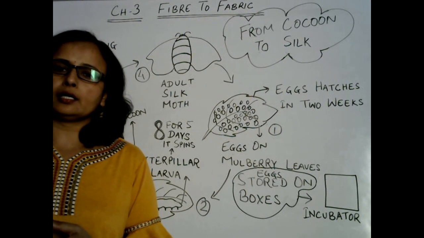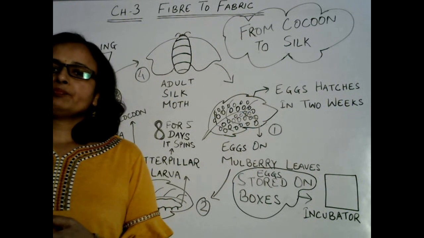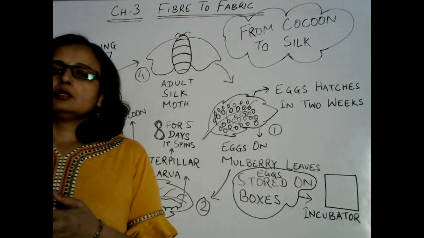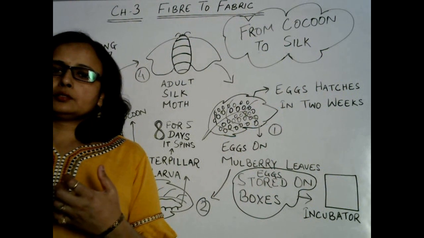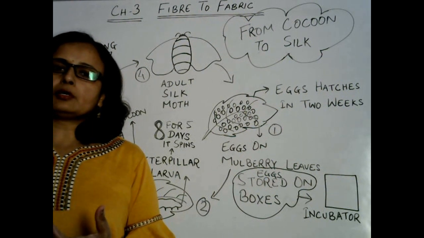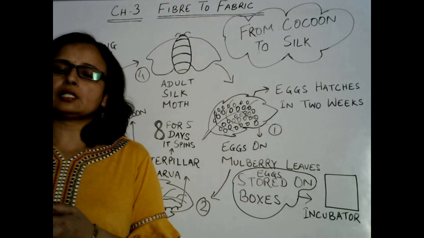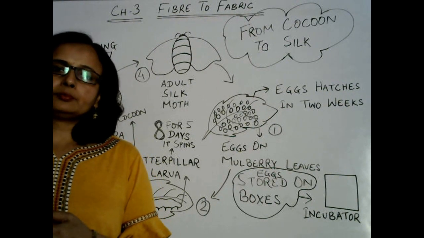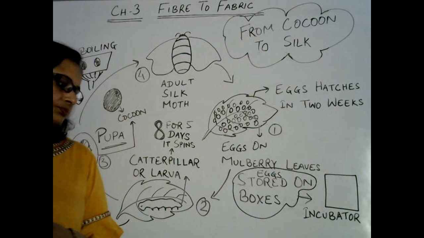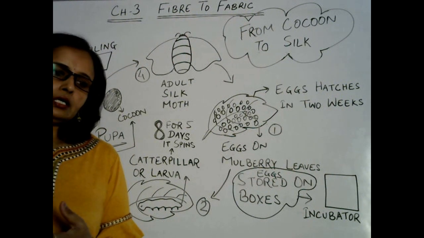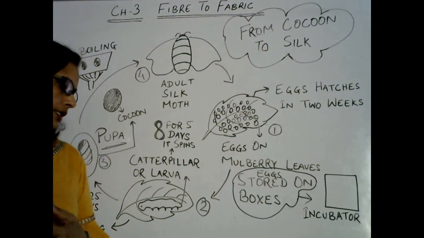That is taking out of filaments, taking out of fibers, collecting all those fibers after boiling, that is called reeling. And after reeling, they twist three or four pieces of fiber, 3-4 filaments, and twist that into yarn. That process is called twisting, or to make yarn.